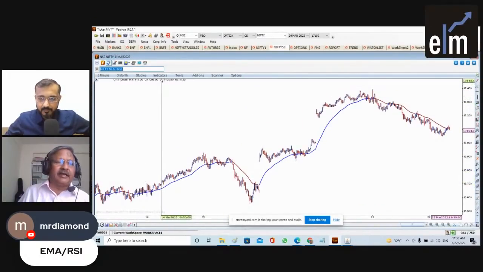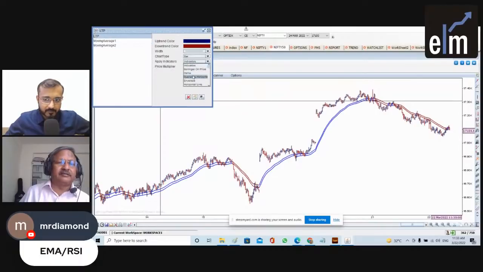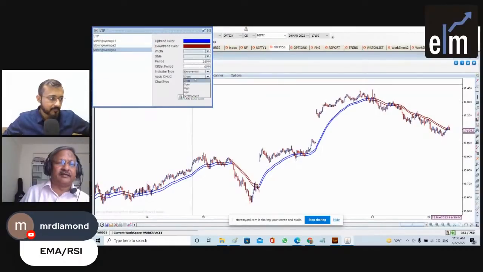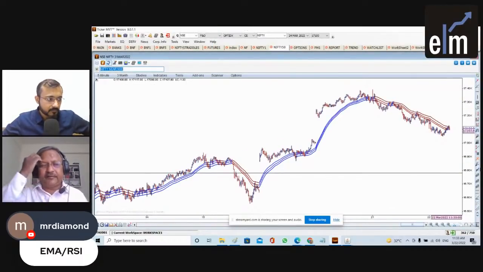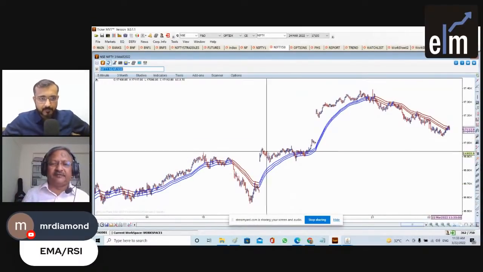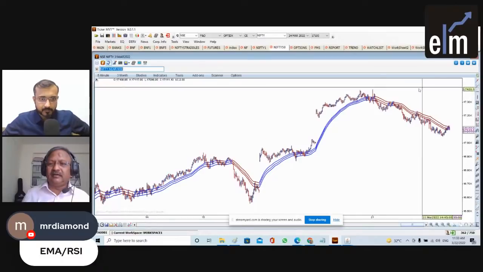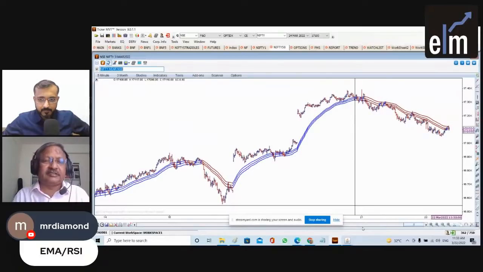I'll apply the same moving average of low, and I'll apply another same moving average of high. Done. For your kind information, the trend is clearly visible, irrespective of this sidewaysness. The trend is clearly visible, because whoever trades based on the moving average, whatever the moving average,